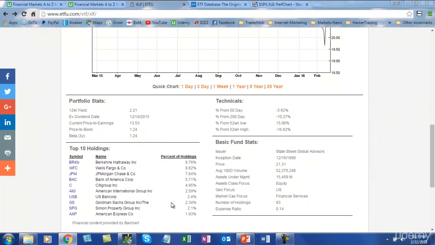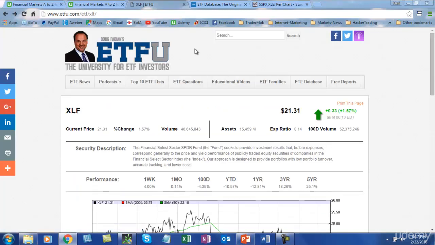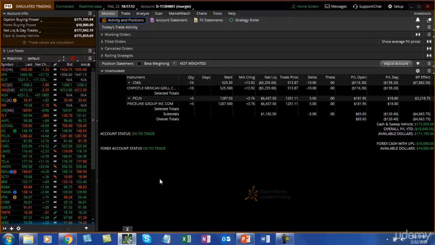If you wanted to just take a trade or an investment into the financials, it's very easy to come and buy the ETF itself. We'll see examples of that once we go to the trading platform. Now the market is not open, so I can put in a trade, but we won't be able to actually get it executed. Today was a fairly nice day, and you can see our positions. The price line still continues to go up.